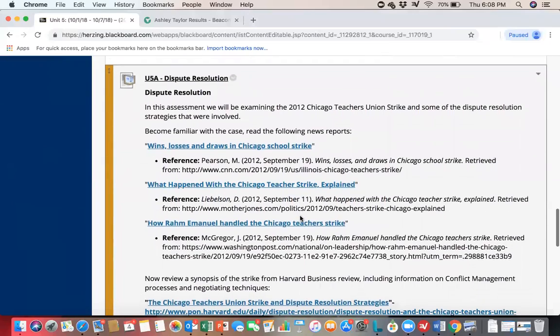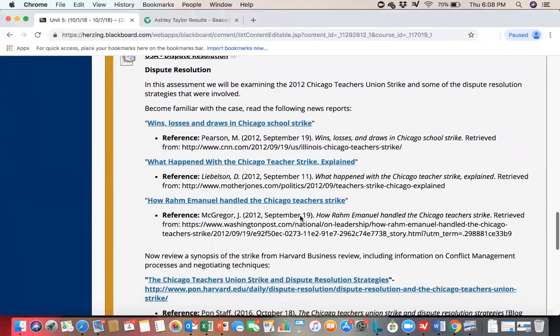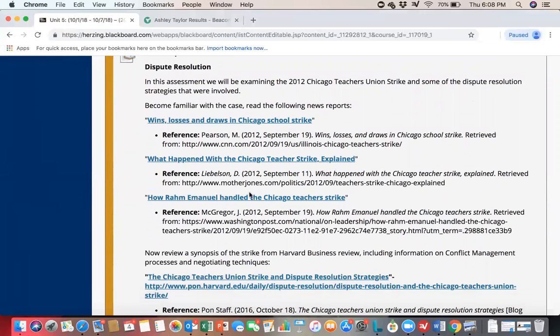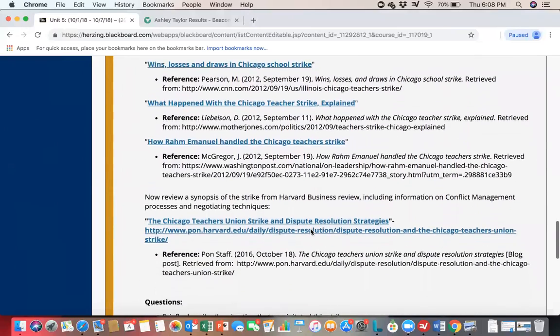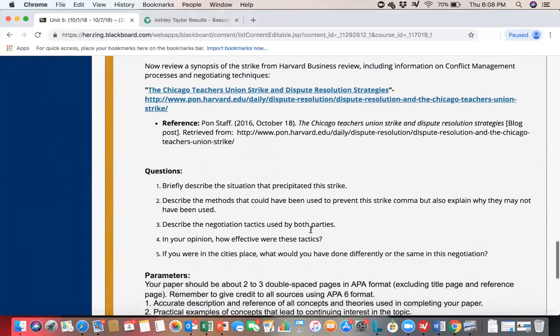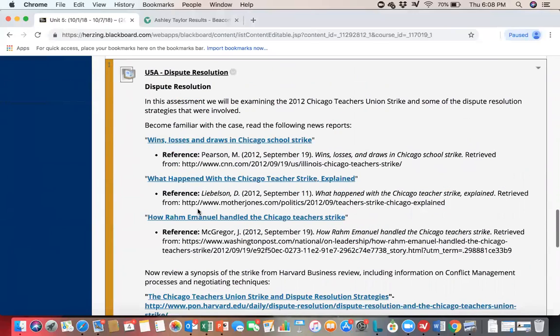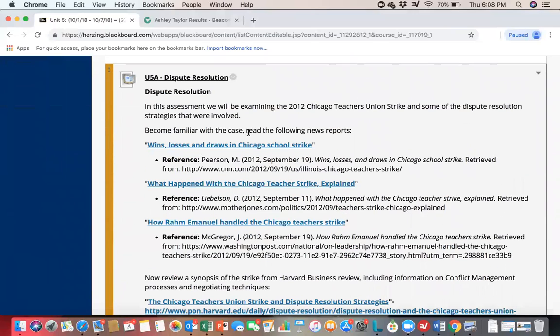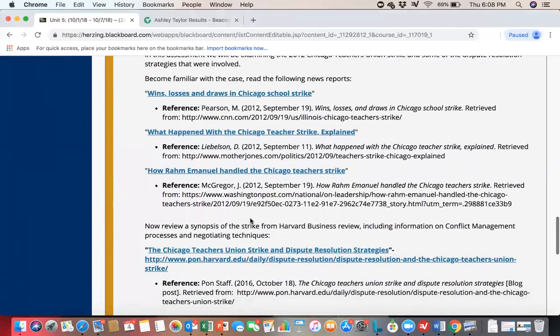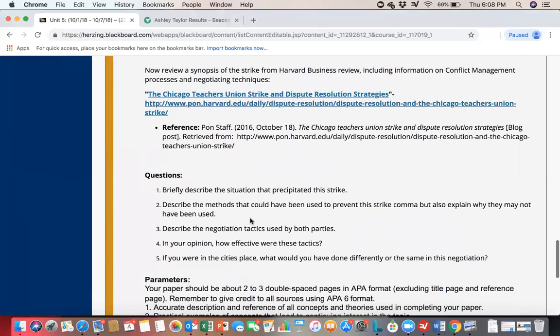And here is where we will dive into what is required of you this week. And here is an idea of what the assignment looks like. Go ahead and read that, and the questions based on the assignment. You have a number of links that you would want to go ahead and become familiar with the case: wins, losses, and draws in the Chicago strike. What happened with the Chicago teacher strike? And a number of resources here. So go ahead and read those resources, listen to them, and answer these 5 questions that are posted